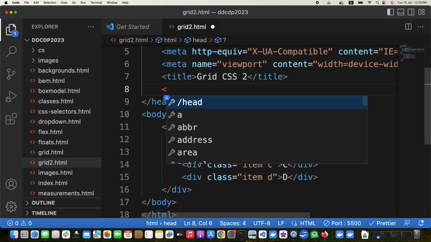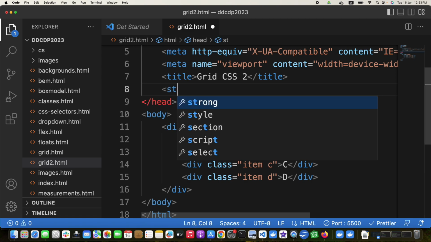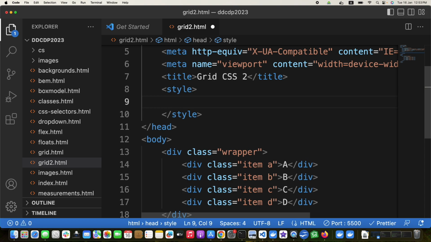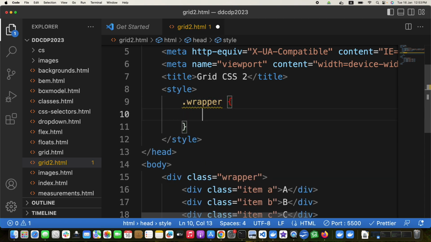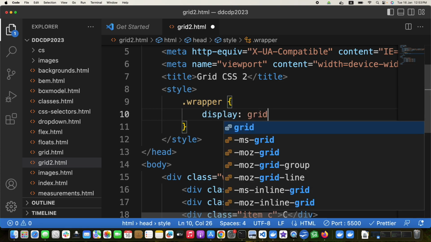So what I will do, first let us introduce the style tag, dot wrapper, display grid,